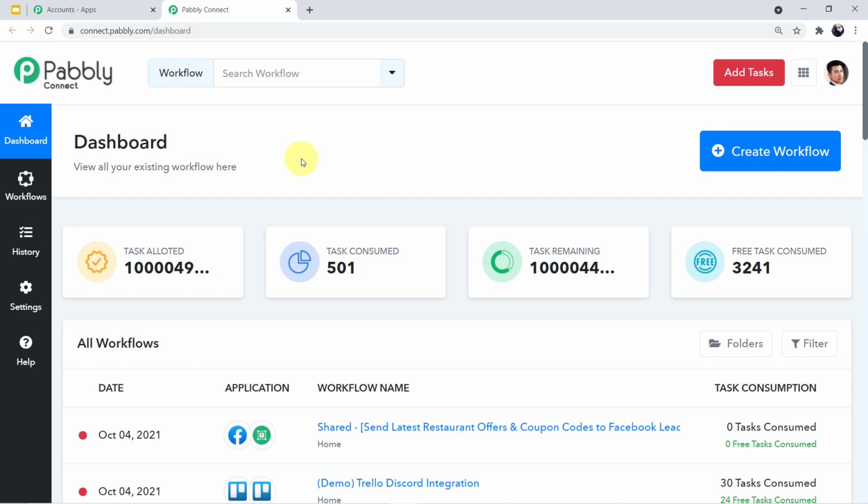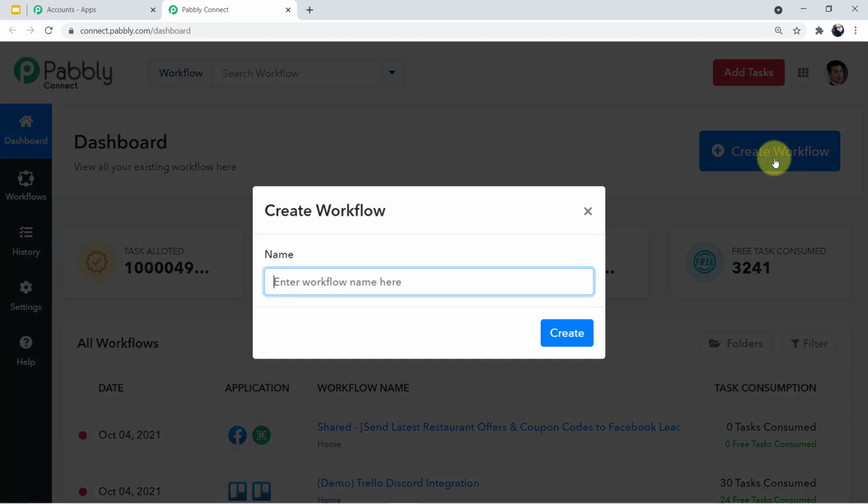For that, you can see a blue button at my right corner which says create workflow. You have to click this and a mini window will emerge in front of you, a mini box which is asking you to name the workflow. So we will now name our workflow.